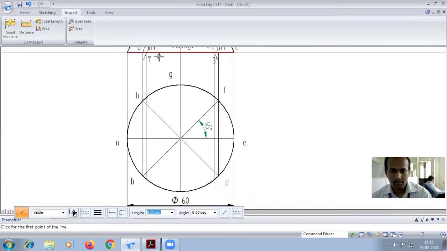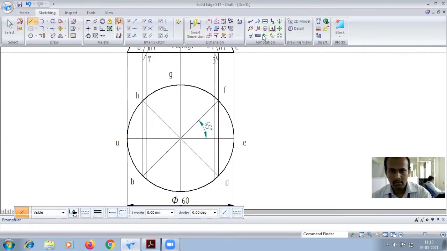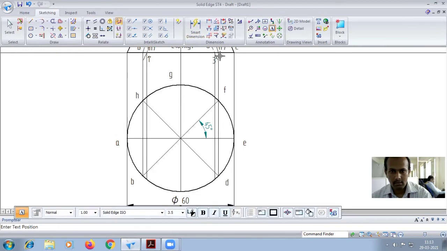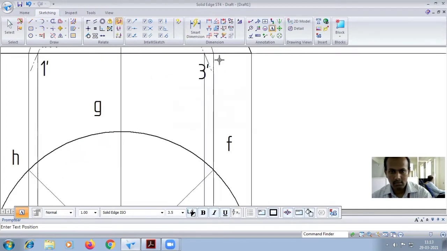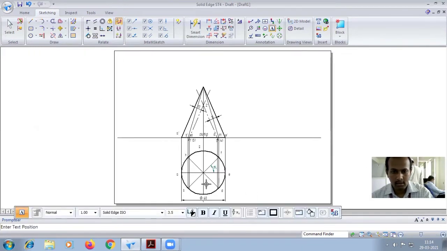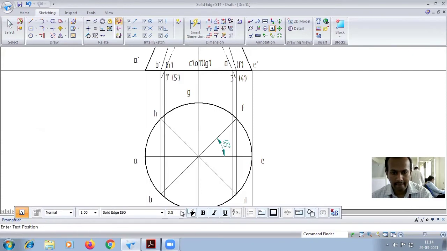Okay, so carefully you have to name them. At G and H it will be cut at 2 points, and at G and F it will be cut at another point. So this naming is important. After 3 you have 4, not visible, 4 dash, and this side will be 5 dash. As it is the same, you have to name them, very important in the top view also.